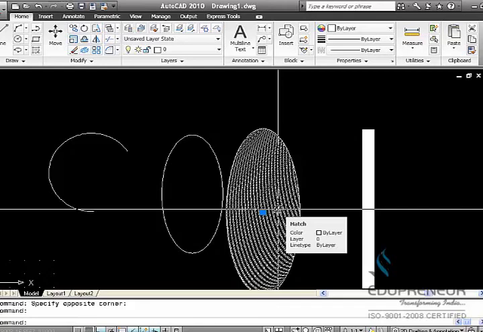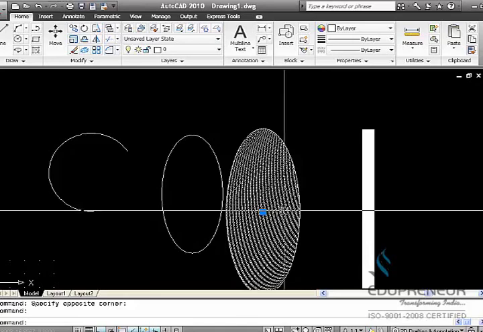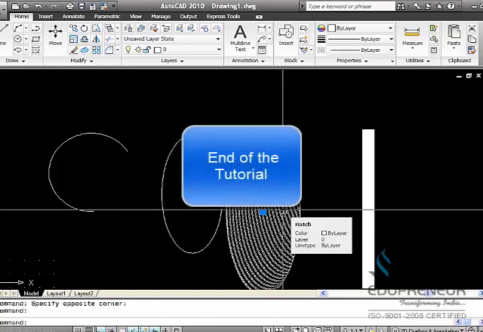Today we are ending up at learning arc, ellipse, hatch and polyline. All the draw tools have been finished right now. We will learn editing and some more modifying tools next time in the next